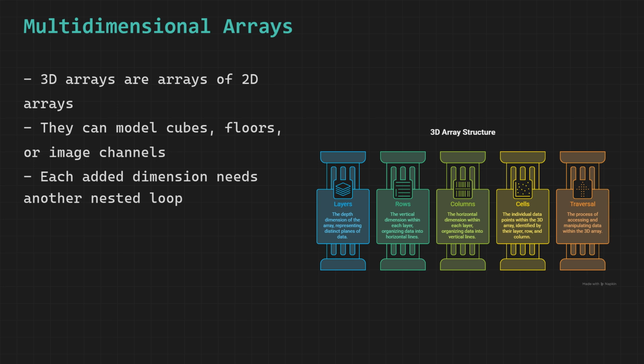The most intuitive real-world model for a three-dimensional array is a building. The first dimension is the floor number, the second is the row number on that floor, and the third is the seat number in that row. seats[2][3][5] means floor 2, row 3, seat 5. Another excellent example is RGB image data. A color image can be stored as image[height][width][3], where the third dimension holds the red, green, and blue channel values for each pixel.